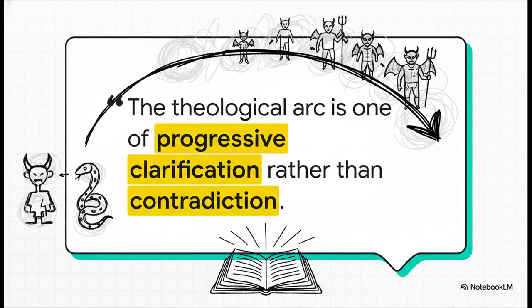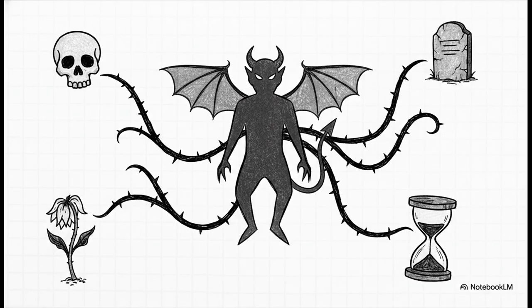And it's really crucial to see this whole development not as a contradiction in the Bible, but as an arc of progressive clarification. The idea was refined over time, building on earlier concepts to paint a fuller, more detailed portrait of evil. So, the big takeaway is this. The story of the devil is so much bigger than just a courtroom scene or a snake in a garden. At its absolute core, this character is the Bible's way of exploring the origin of evil and its ultimate connection to the problem of death itself.